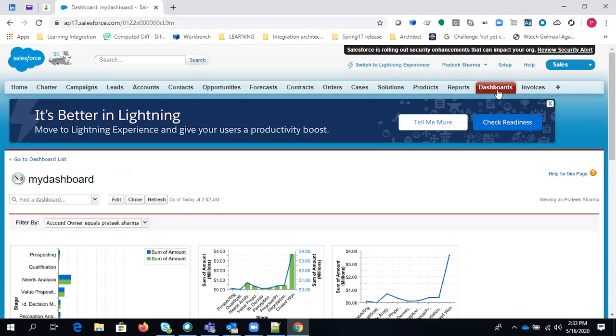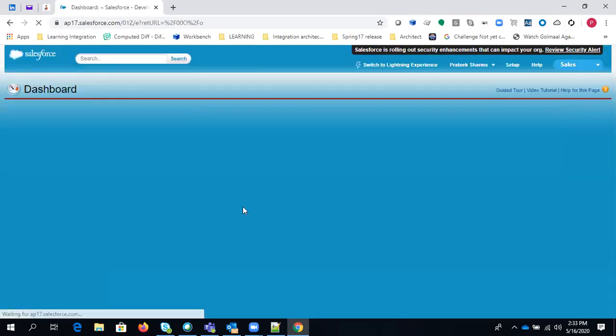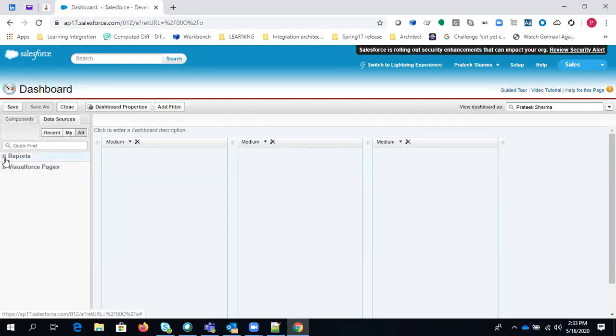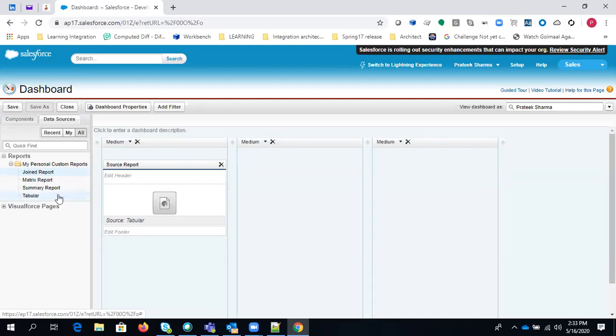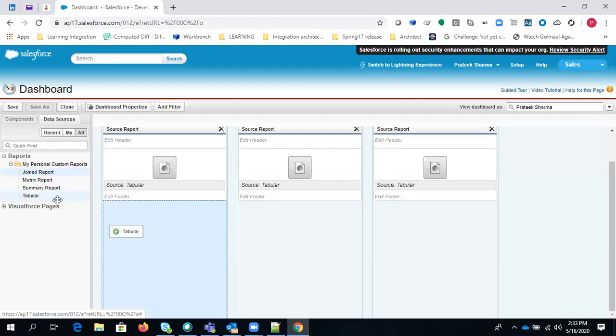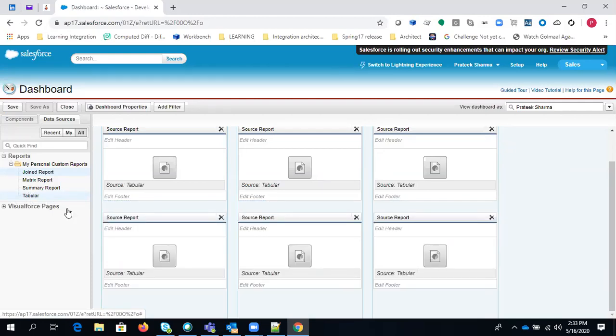So you can come here in the dashboard, new dashboard. Now let's select the report type, sorry, tabular. Let's select tabular. You will see there are 3 or 4 dashboard types in which you will not be able to create a tabular dashboard.